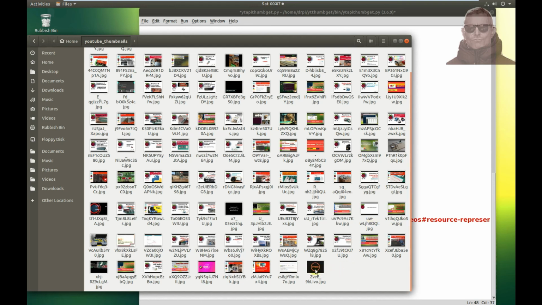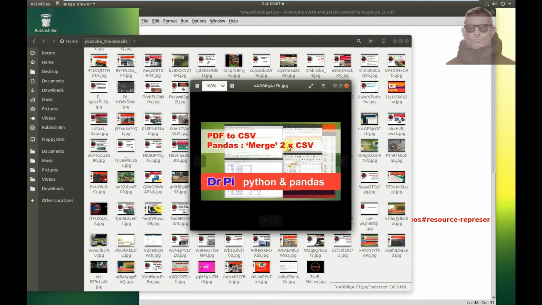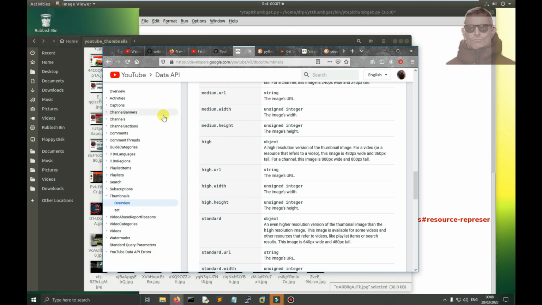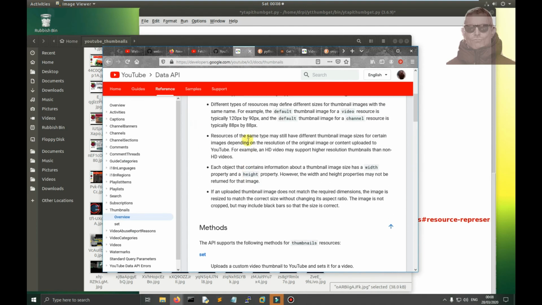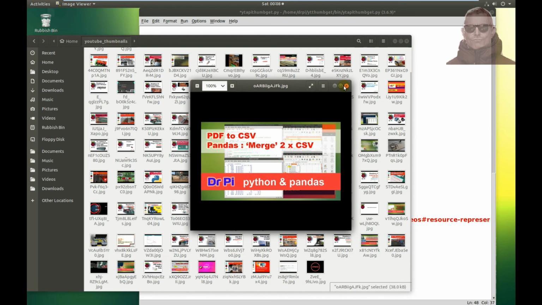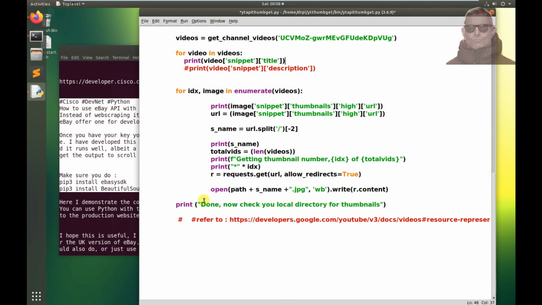You may not actually, if you just want to display these thumbnails on, I don't know, for instance, your own WordPress website, then you're just going to upload these and probably give them new names anyway. So yeah, and as I say, I've downloaded the high-res ones. If you wanted the smaller ones, you can look that up on the YouTube documentation. So I'll leave some notes in the description, and hopefully this has been a helpful video,